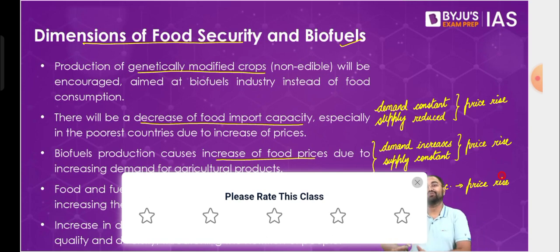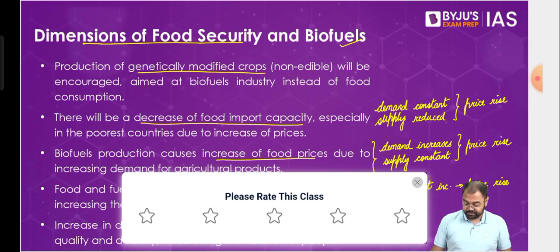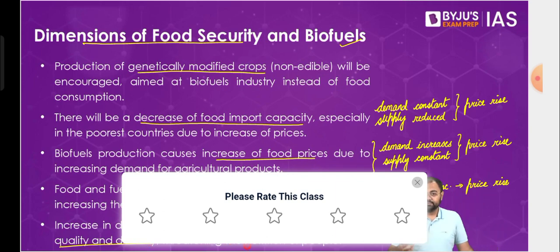So that's why it is something not for the future, but rather something that we already are seeing. Then after that, the demand of food crops, fuel crops may also lead to a lower food quality and diversity and threatening the nutrition of people. Because what will happen here is that now our focus would shift from the quality of produce to the quantity of produce, because we want to produce more so that we can use it in all the industries possible. So that's going to be a problem.